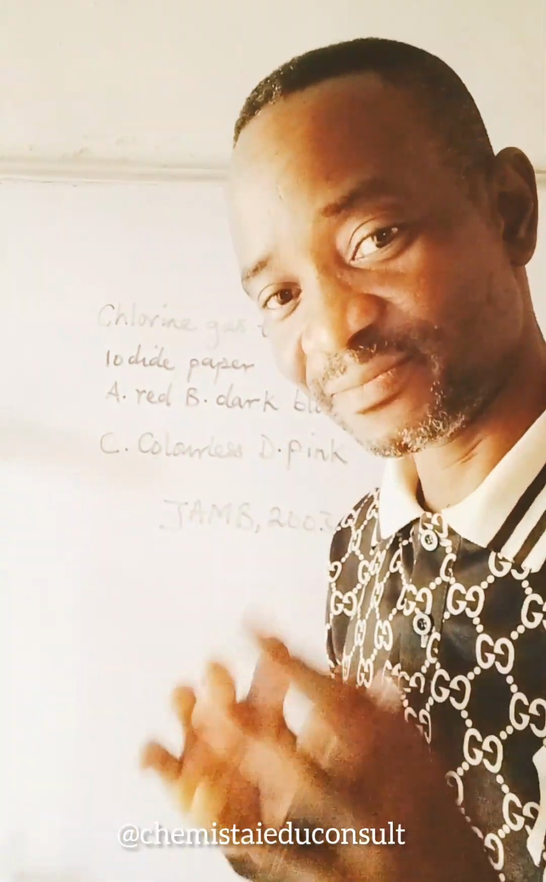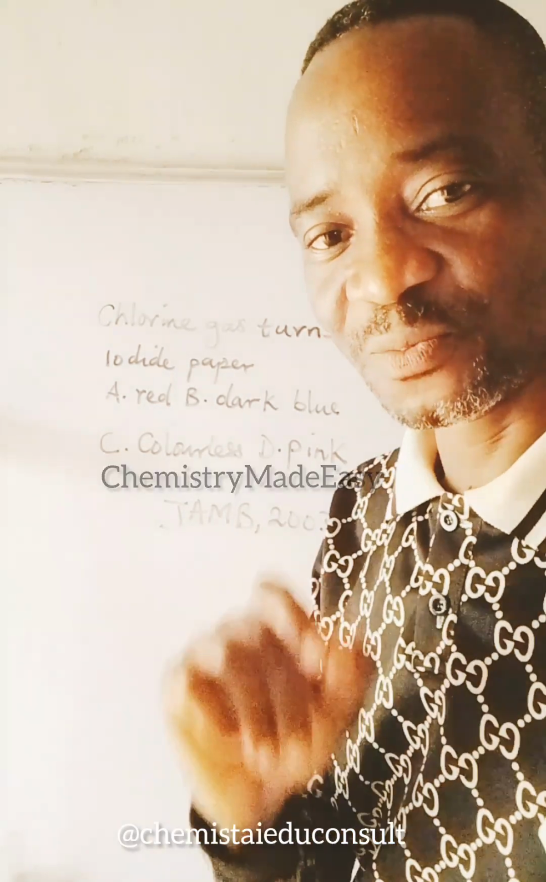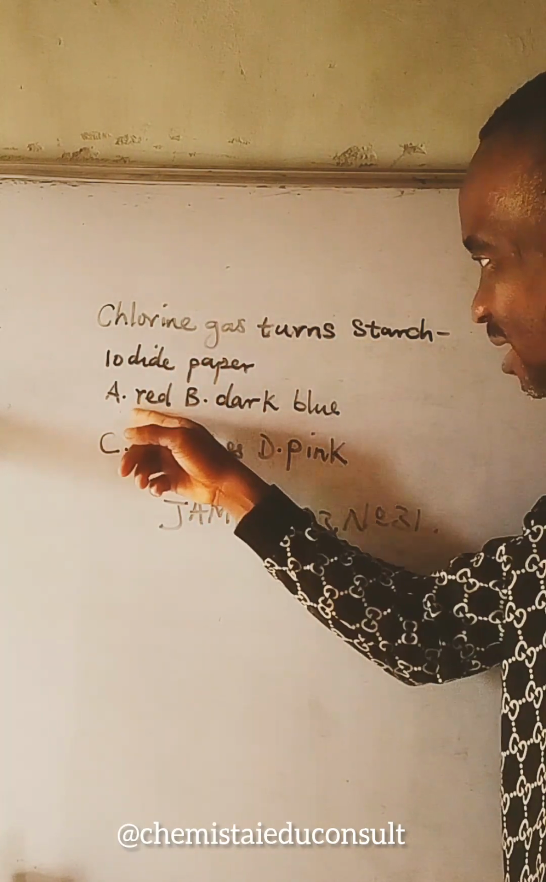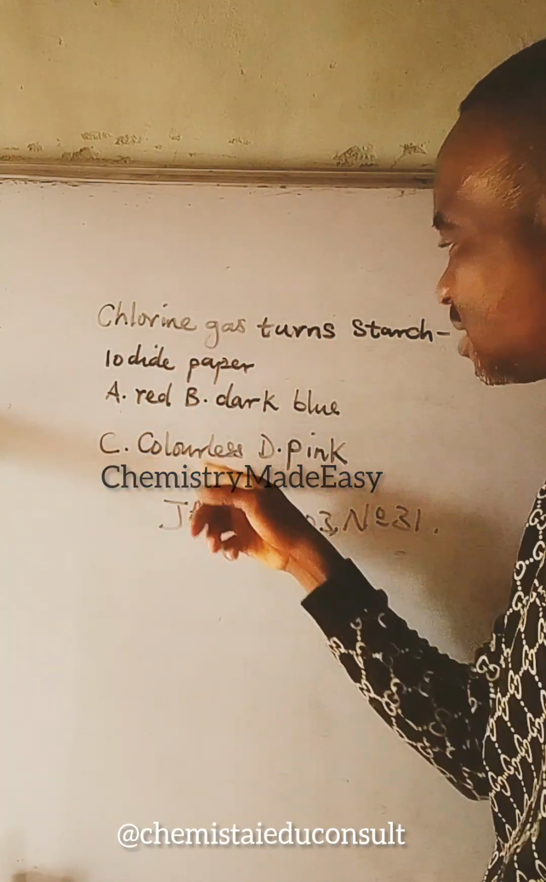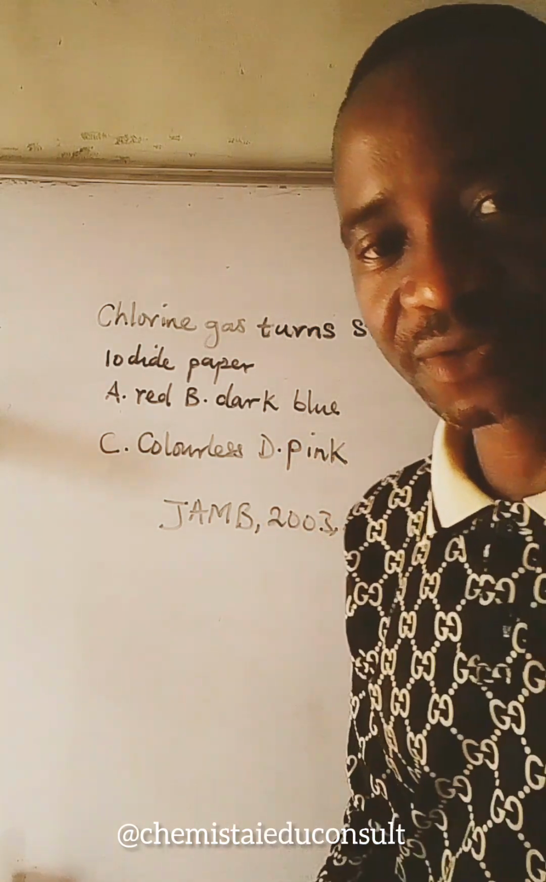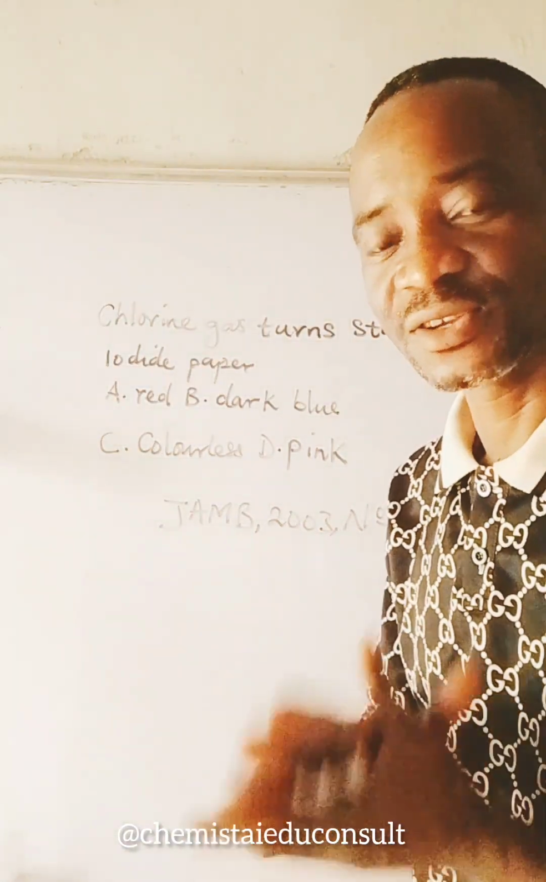Here is a brief one from JAMB and also tricky. So pay attention. It says chlorine gas turns starch iodide paper: A, red. B, dark blue. C, colorless. D, pink. Now, many students would like to pick pink for a reason, because most of us